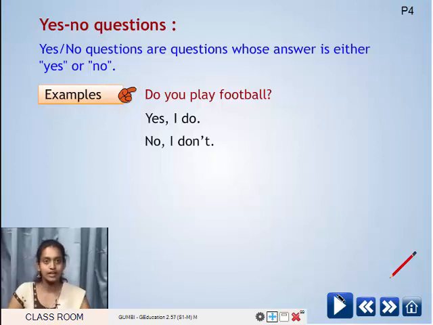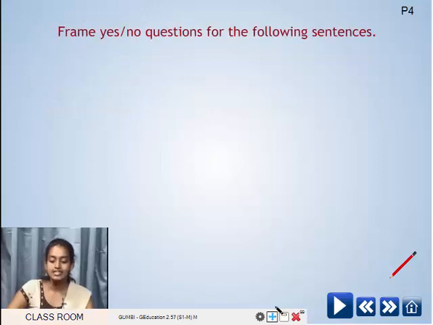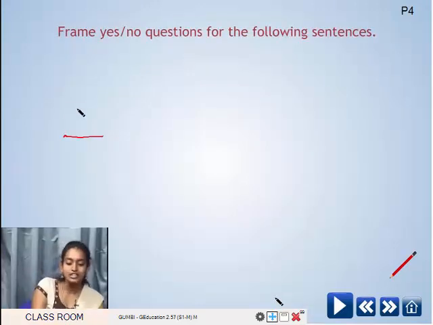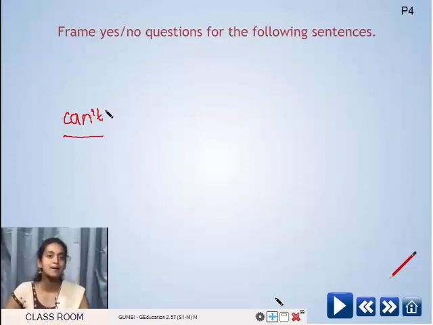What is Shashi doing? What was Shashi doing, children? Yes. He was doing a project work on wild animals. Children, here, why can't Shashi play with Ajay? Why can't Shashi play with Ajay? Yes, you know the answer. Very good. Because he has to submit his project work. So he can't play with Ajay.